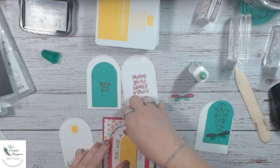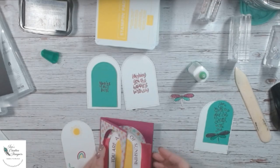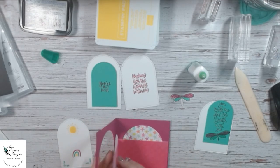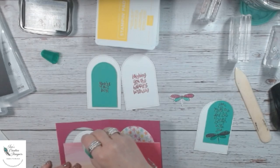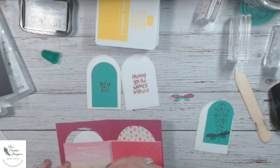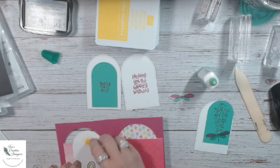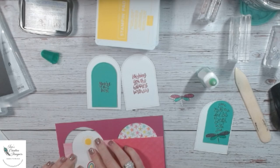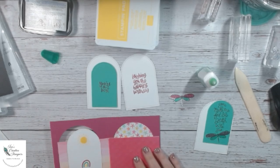And then literally lay it right back down that same exact place, and we're good. Okay, so there's the front. Here's the inside. This is going to glue down this way, and it glues down flat to this piece. Okay, and then this side